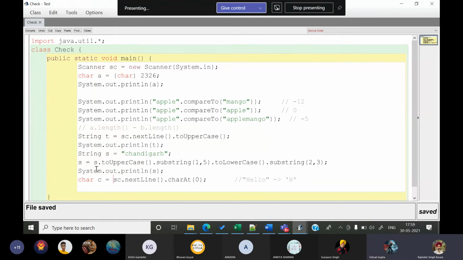So we start off from here, check out what this is returning, then use that to execute this particular statement, then use whatever this is returning to execute this particular method, then use whatever this is returning to execute this, and naturally the result of this is going to be stored in S.